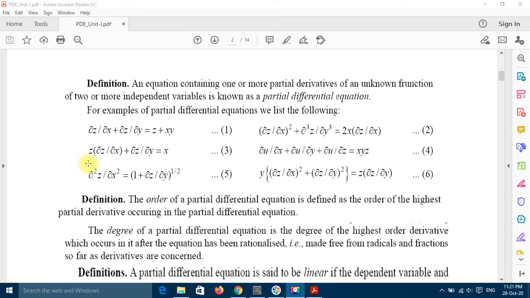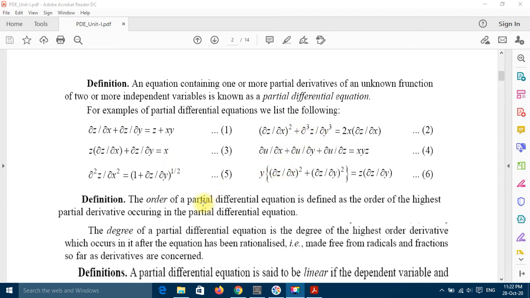It means if we differentiate the function z with respect to x partially, then we treat other variable, say here our z is a function of two variable x and y, so we take other variable, means y, to be constant, means the partial derivative of y with respect to x is 0, or if y is a multiple of function of x, then we take y outside the differential sign and differentiate the function of x. So these are the examples of the partial differential equation 1, 2, 3, 4, 5 and 6.